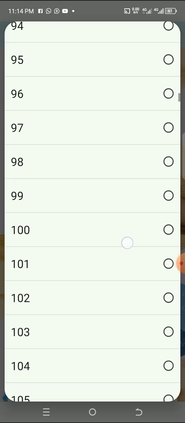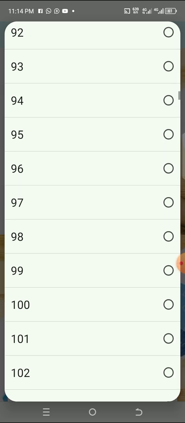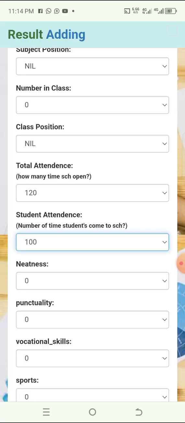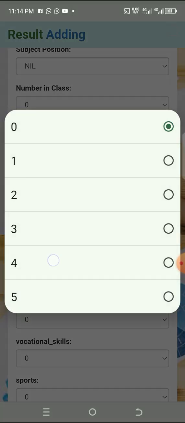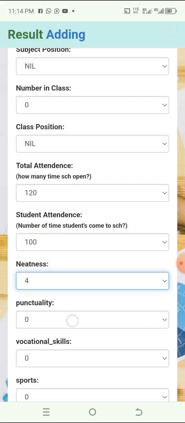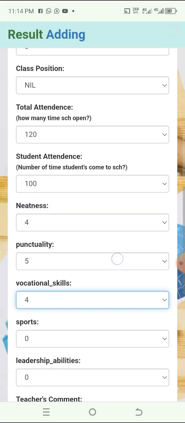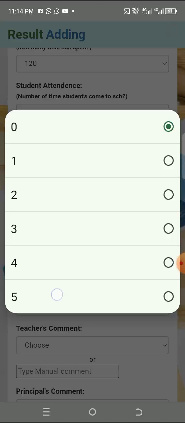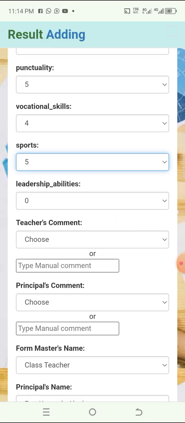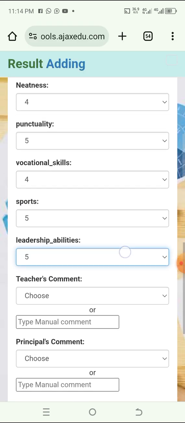Out of 120, let's pick 100. The student attended school 100 times. Okay, you now fill this side: the neatness, punctuality 5, focal 4, sports 5, leadership 5, etc.